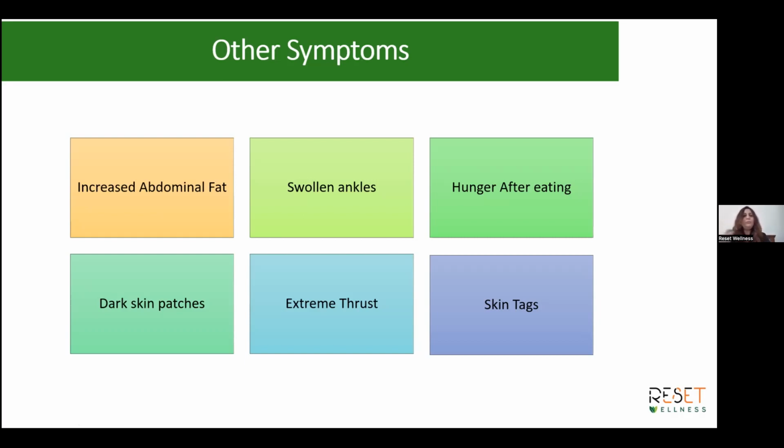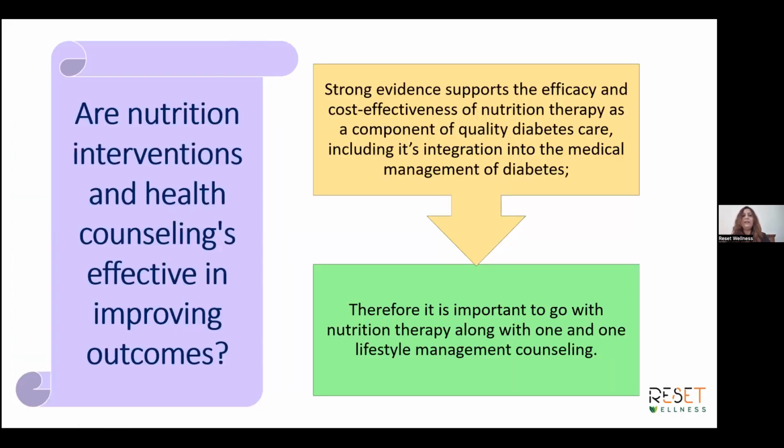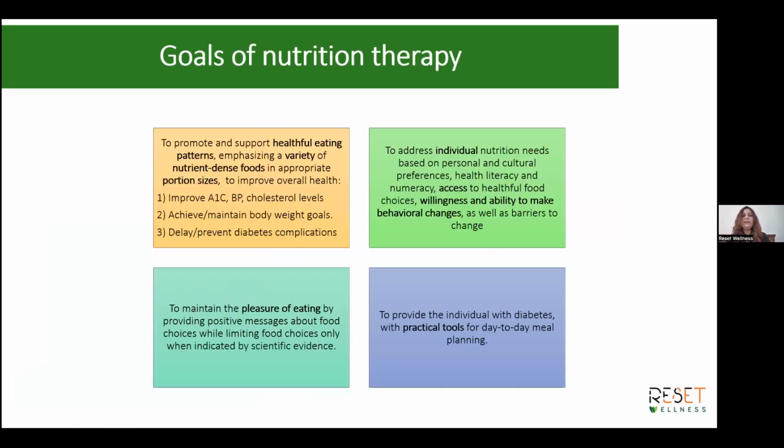However, your body is telling you well in advance. When you feel thirsty all the time, or when you want to use the restroom very frequently, your body is telling you that, please guys, look inside, I am here, and it's the right time to correct, before we get into the trap of all of these: polycystic ovarian syndrome, type 2 diabetes, hypertension, impaired glucose tolerance. Okay, so these are the major things that I would say here, that let's reverse it at the right time. Without wasting any time, I would want to take you guys through